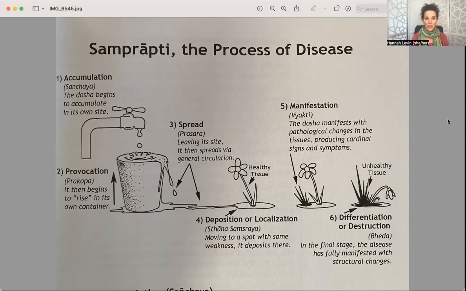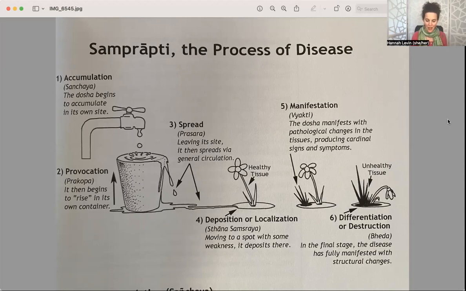So if we're feeling lethargic and don't have much of an appetite, we're going to maybe crave something like a brothy, spicy soup, as opposed to eating ice cream or something like that. That's just going to make us more cold and heavy. At this stage, listening to the wisdom of your body and not continuing to increase the imbalance is